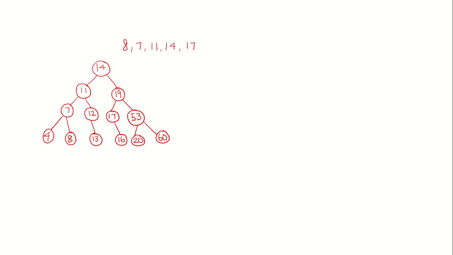Welcome to today's session. Today we will be discussing how to delete a node from an AVL tree. Before we start, we will see the basic scenarios to delete a node from a binary search tree. Let's consider this tree as an example, and we are going to see there are three scenarios to delete a node from a binary search tree. Later on we will balance the tree and make it an AVL tree.